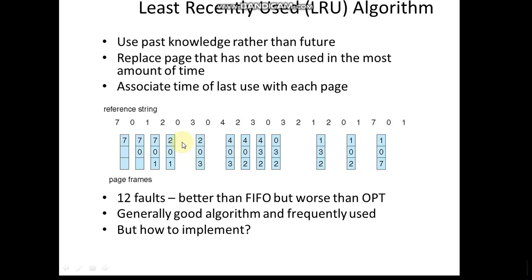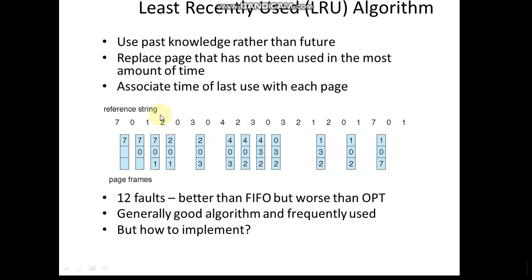See, in the case of first in first out, we are not taking into account whether it is used or not used. The one which has entered first, we are removing, right? So here, based on the utility, we are removing, based on how recently it has been used. In least recently used, if it is the oldest one in usage, then it is replaced. So 0 is already available. 3 has been requested, right? Among 2, 0, 1, one has to be replaced.